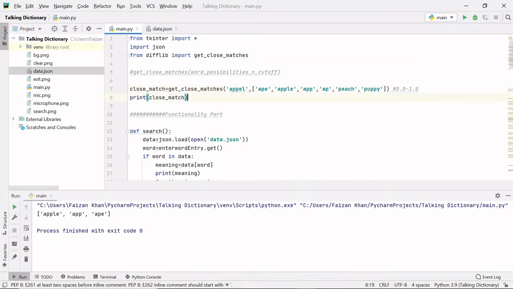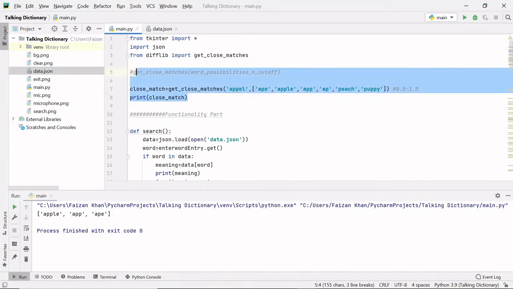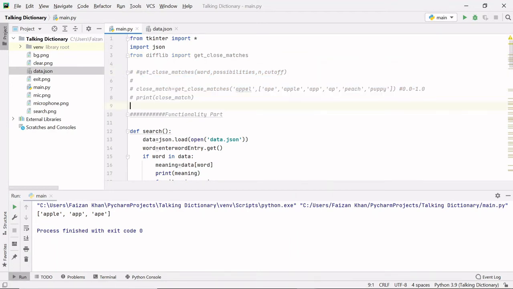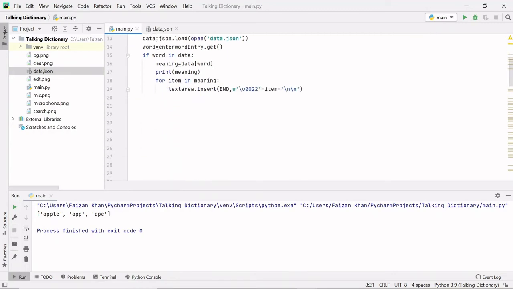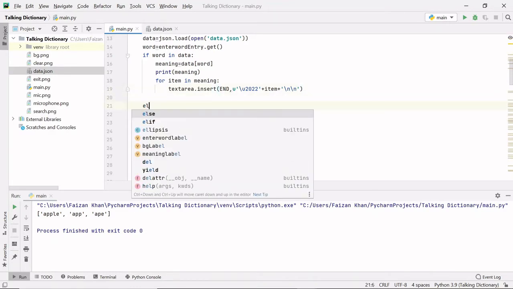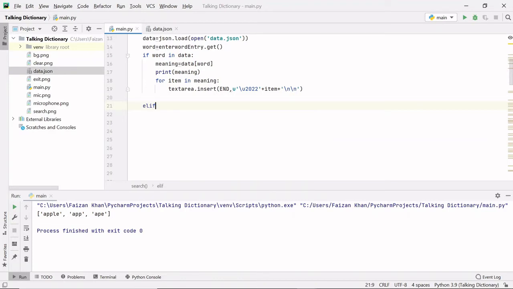I hope you are able to understand this. So let me just put it in a comment. I was just explaining how the get close matches function works, and let's use that here. So I'll be simply using elif to provide another condition.